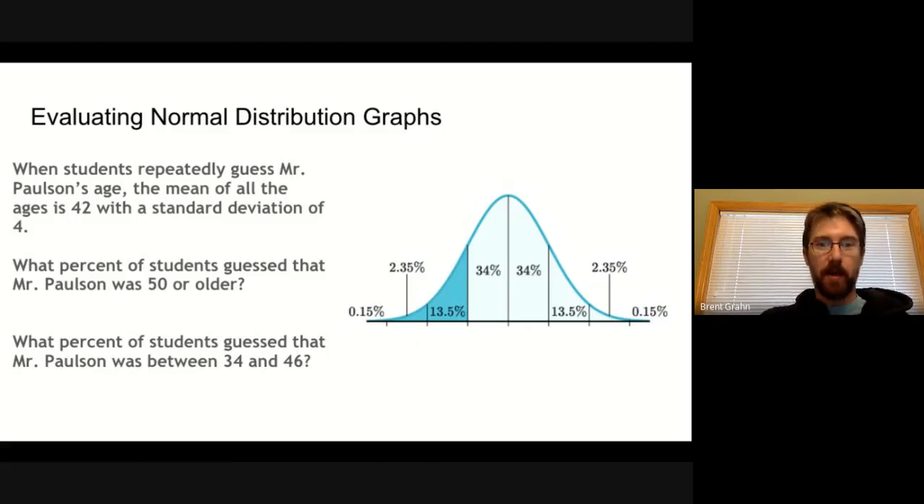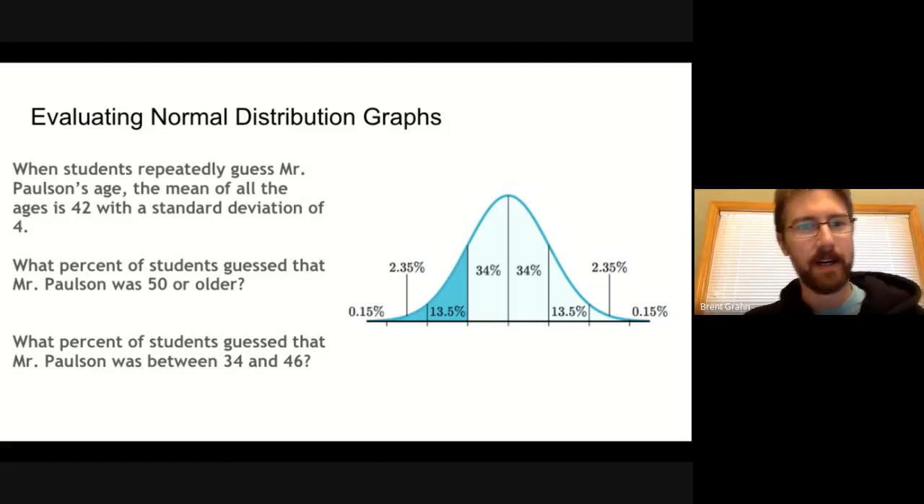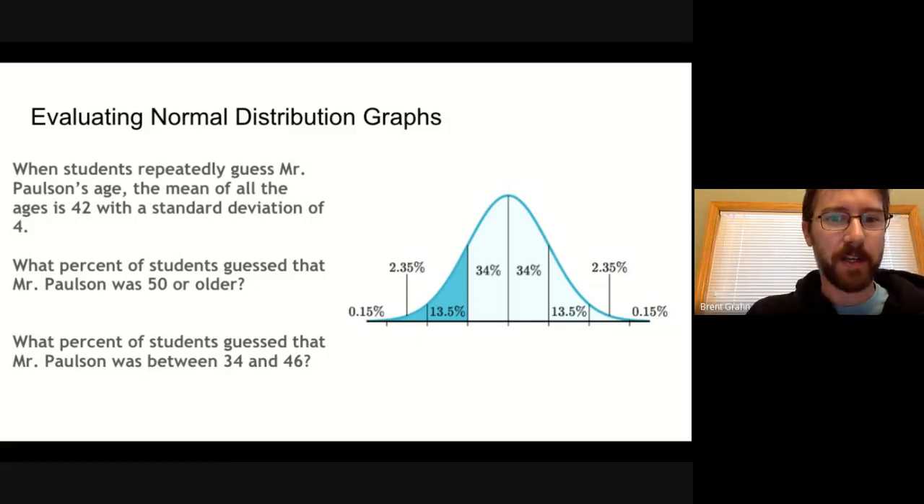All right, so Mr. Paulson's age. If we do this enough, you will get normally distributed data with his actual age of 42. And in this case, what he's found is that the standard deviation is 4, because he does this a lot of times in his stats class, so he's got tons of data on it. So what percentage of students guessed that he was 50 or older,